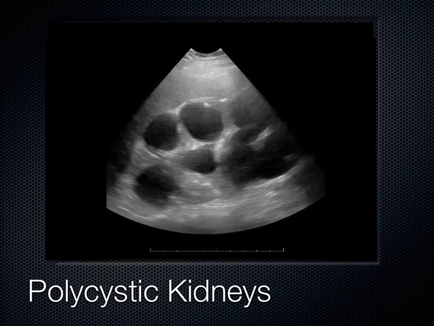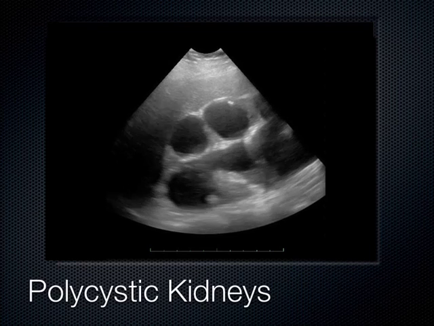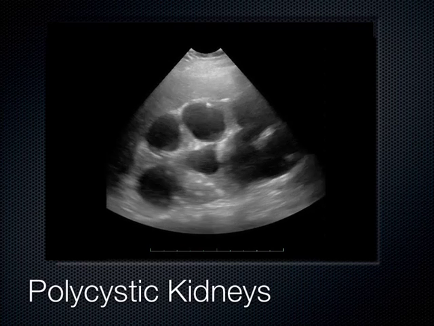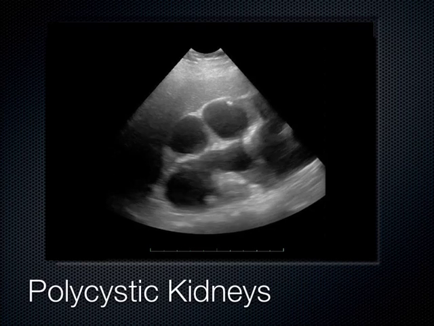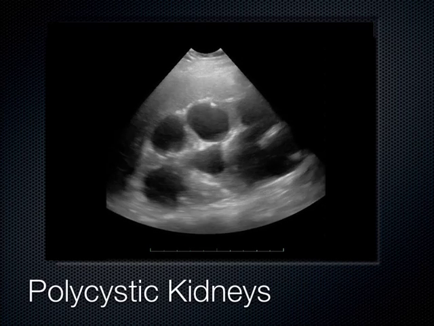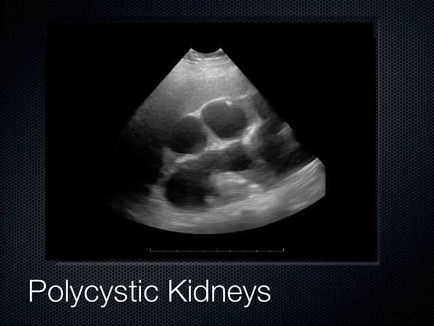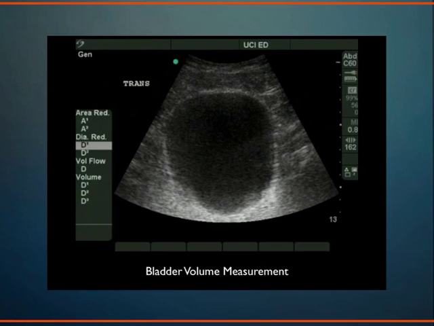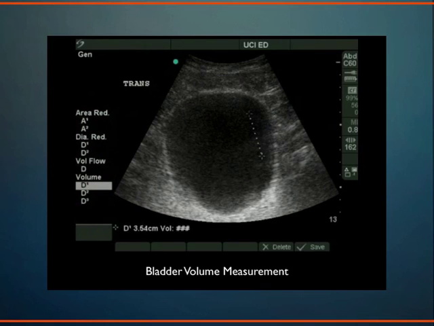Okay, now let's say that the kidneys are functioning normally. They're pumping the urine down into the bladder, and you want to know how much urine is in the bladder. Well, we can measure that on ultrasound. We can look at a kidney in 2 dimensions and measure the 3 dimensions of it, and then we can get a bladder estimation of the bladder volume that way. So right now we've got the probe in a transverse plane with the indicator of the patient's right. Therefore, this is the height,